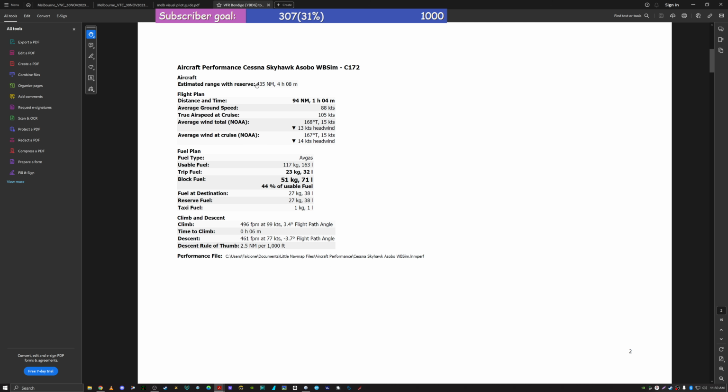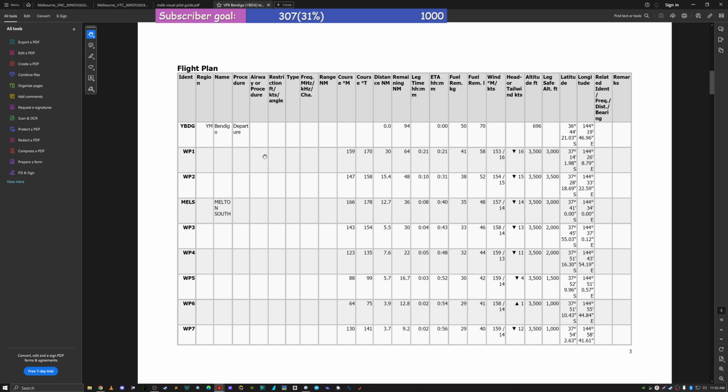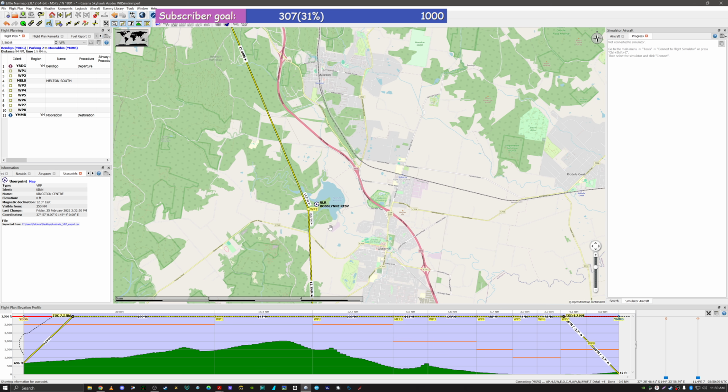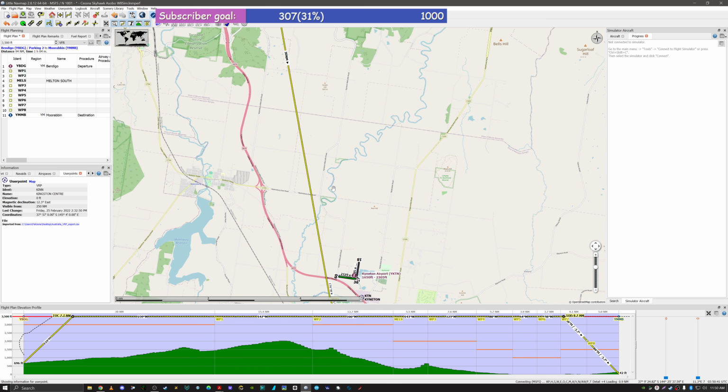And what we're interested in, it tells you here, aircraft performance. I've got the Asobo, the MSFS Sim 172. It gives you an idea of 94 nautical miles, and the flight will take 1 hour and 4 minutes, and you've got 13 knot headwinds on average. But unfortunately, it doesn't recognise, you can amend these. Once you've printed this out, you amend these to reflect, for example, waypoint 1, you can put down as,